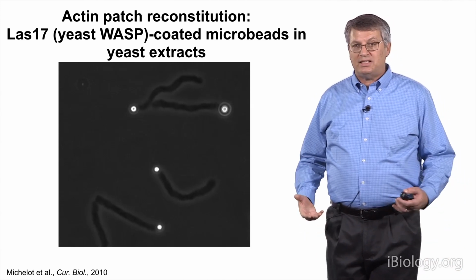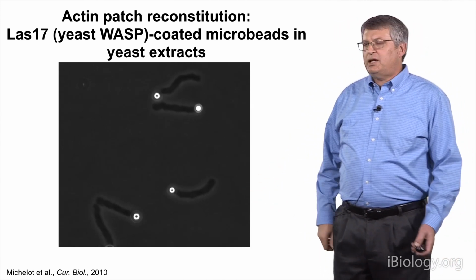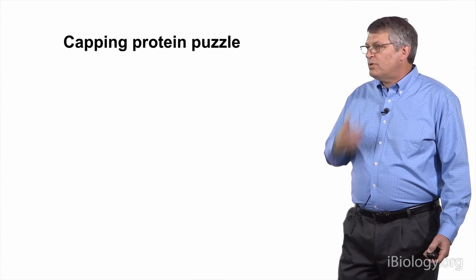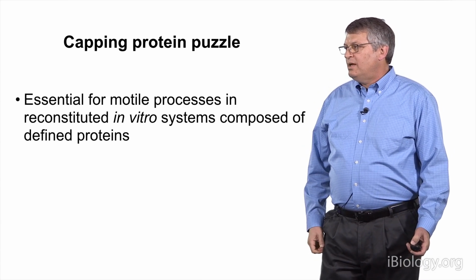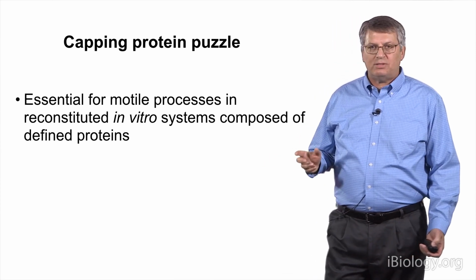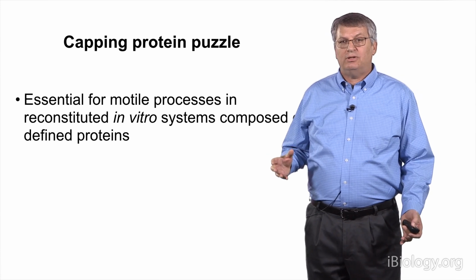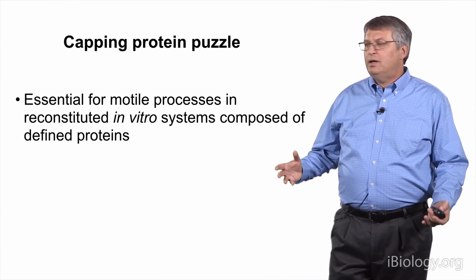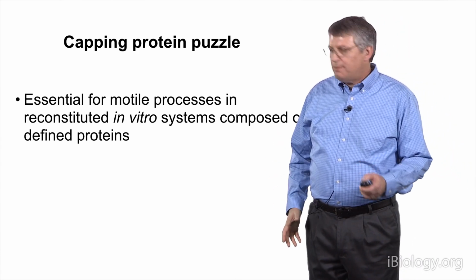So now we had a system where we could combine genetics and biochemistry in order to study mechanisms like filament capping. And so there was kind of a puzzle about capping protein, which was that capping protein was found to be essential for processes when systems like the Carlier Listeria system were reconstituted from pure components. Capping protein, cofilin, and ARP23 were the essential components, okay? But